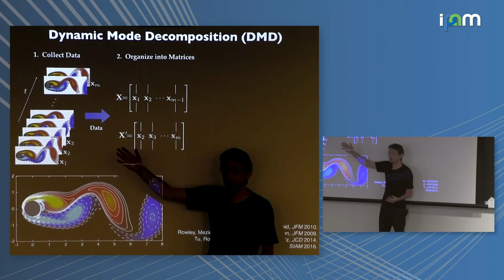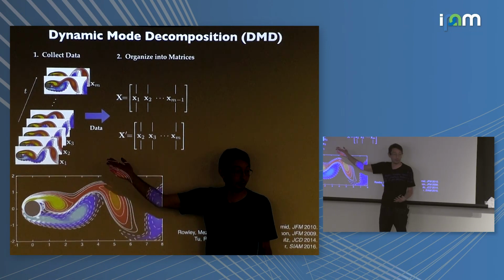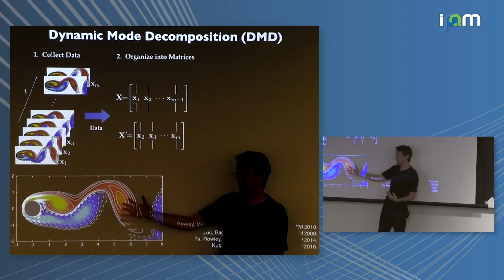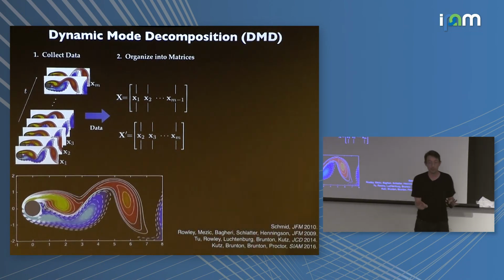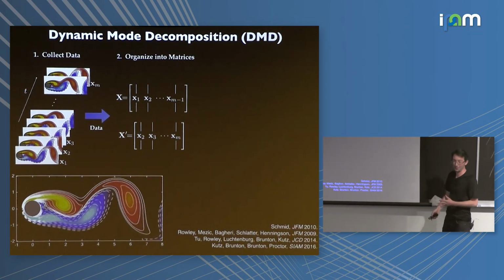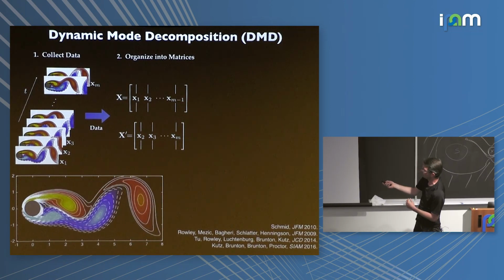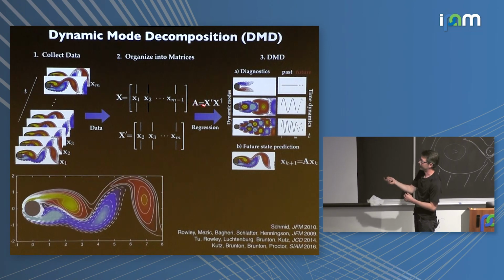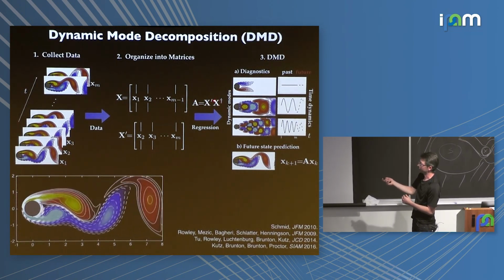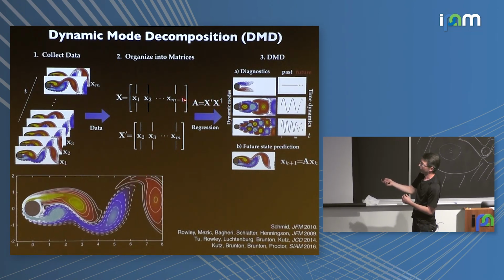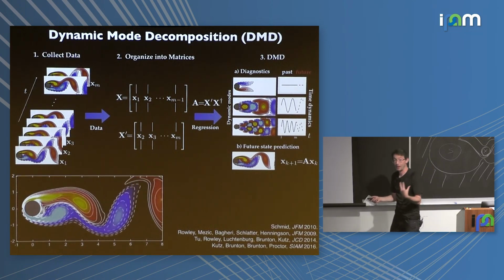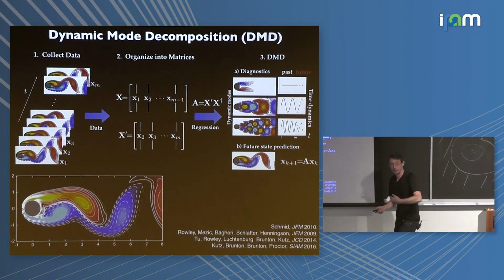Now, that's a kind of a ludicrous thing to hope to find, some linear matrix that captures this nonlinear evolution. But bear with me for a minute. Everybody does it, so it must be OK. So what we're going to do is essentially build this A matrix as a least squares regression. This is the pseudo-inverse, X dagger, to find this least squares best fit A that maps my data from time step to time step.